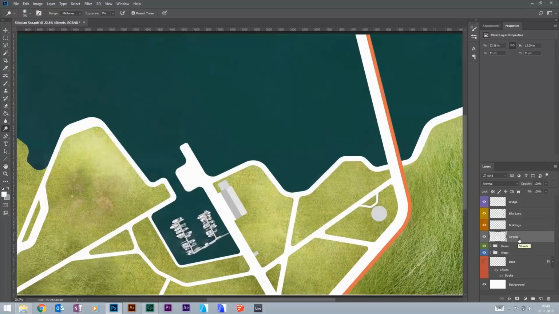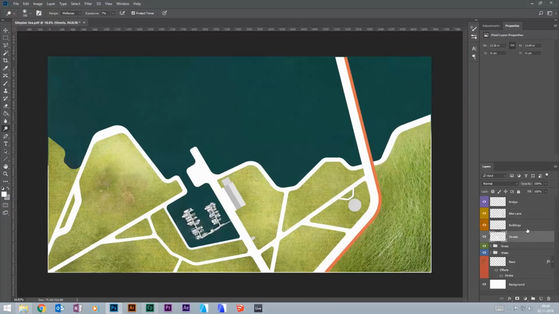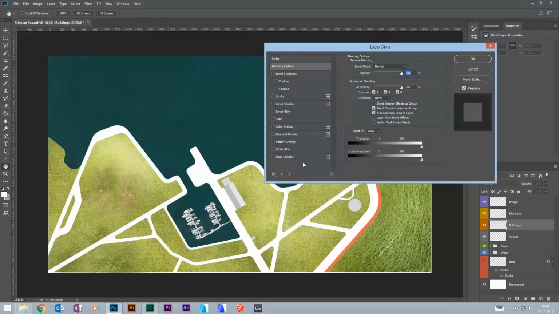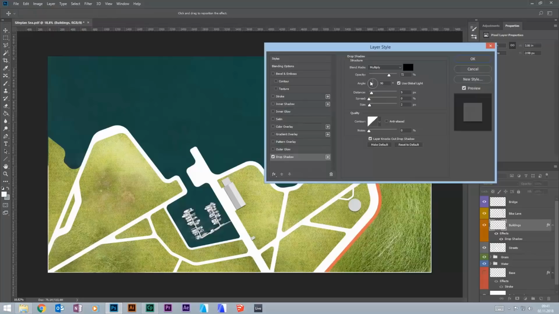I put all the grass textures together into one group again, and then I start with the shadows, I guess. Yes, I go on the buildings and I right click it and I go into blending options, and the last point of the blending options is the drop shadow. And you can see in real time how the drop shadow changes